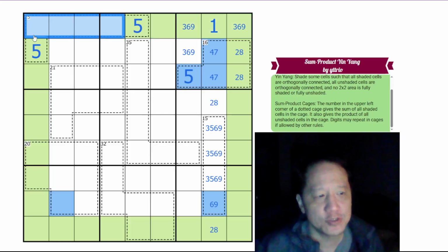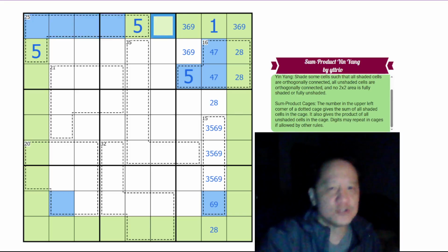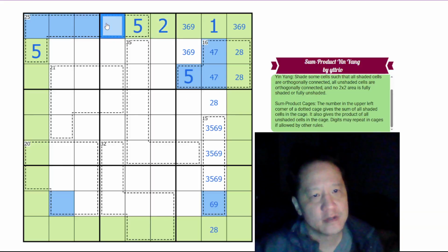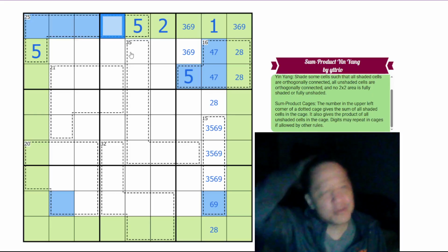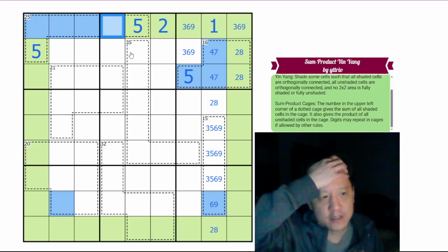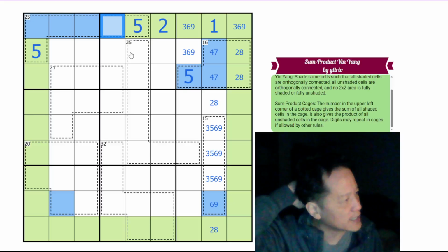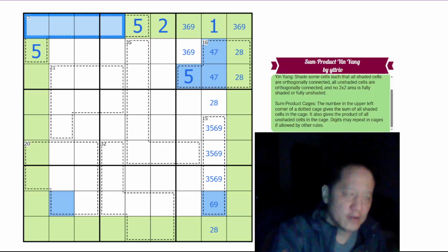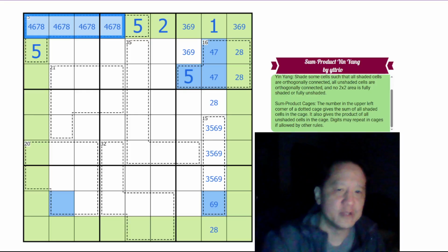So it cannot be 2, 6, 8, 9, which means the 2 cannot be the part that's summing to 25, which means this is guaranteed to be a 2. So then the remaining digits must have a 4 and a 7. So 25 minus 4 and 7, which is 11, is 14. That means it's either 5, 9, or 6, 8. It cannot be 5, 9 because of the 5 in the row. So this must be 4, 7, 6, 8, which eliminates 4, 7, 6, 8 in the rest of